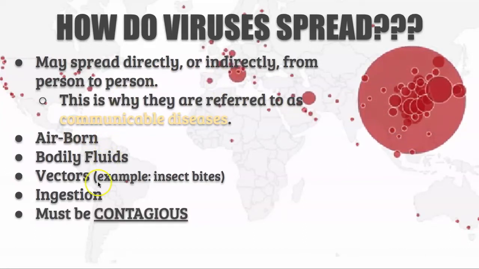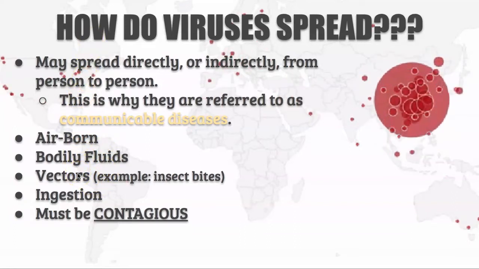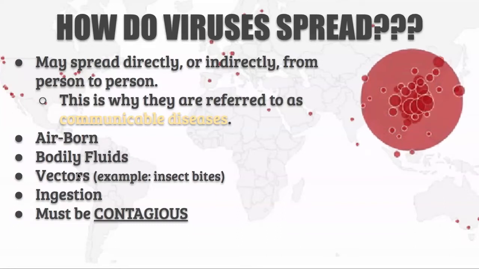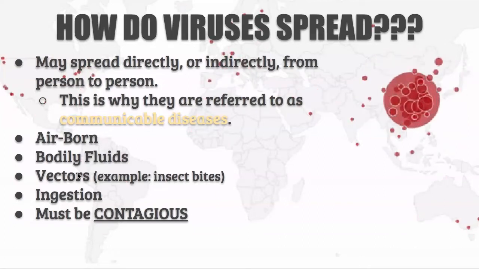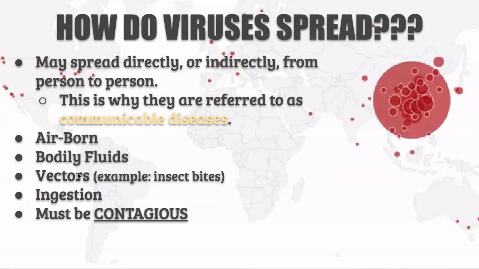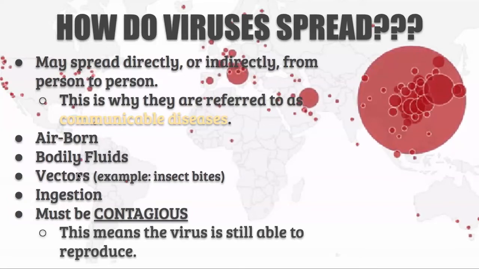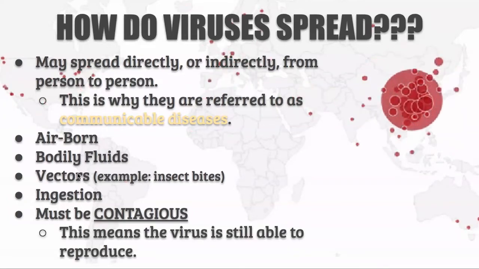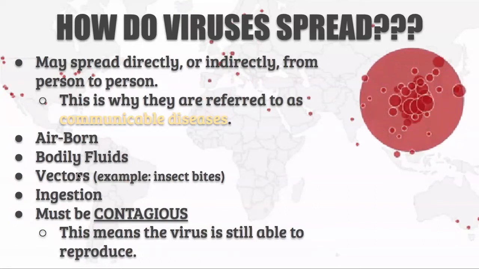However, for any of these to work, the virus must be in a contagious state. You've probably heard that before too, maybe from your parents or on the news, where they say you're okay if you are non-contagious anymore. You may still have symptoms, but you are non-contagious and it's safe for you to go back to work. What that means is that if you're not contagious, the virus can't reproduce. If you are contagious, that means the virus is active and reproducing inside of you.